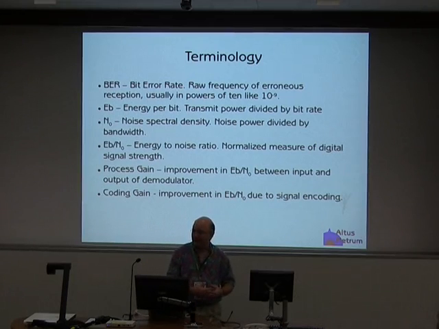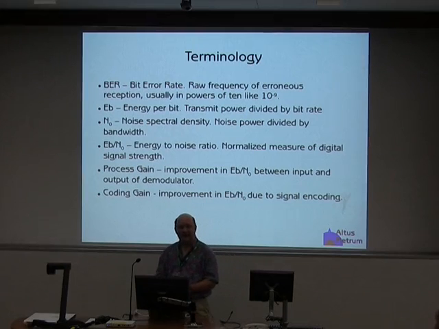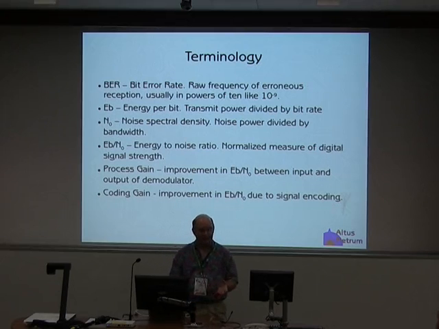Okay, the other kind of gain I want to talk about is the other smart people gain. It's called coding gain. And that's the improvement in the Eb/N0 numbers from using a better signal encoding. So that's just pure software. You don't have to change the hardware. You don't have to do anything. All you have to do is change your modulation and demodulation software bits, and you get to win. Again, another smart people gain.